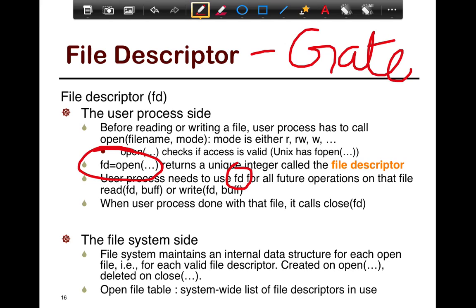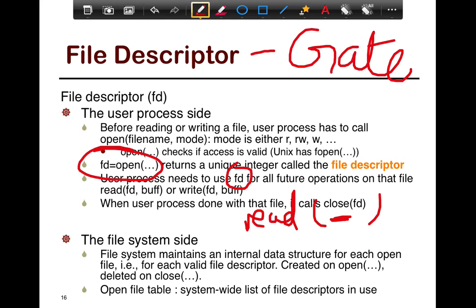And the user process uses this file descriptor for all subsequent accesses. This simplifies the interface. For one, think about what would happen if, for every read and write, you had to pass a character stream referring to the file name. This is going to be quite expensive because you have to set up a buffer, copy the name into that buffer, and then the kernel will have to copy it and parse a string, right? Except if you have an integer, it's very easy, just pass it through a register. Because integers are fundamental types, they are a lot easier to deal with, and it also allows the operating system to index into this file or refer to this file throughout its access phase using the descriptor.